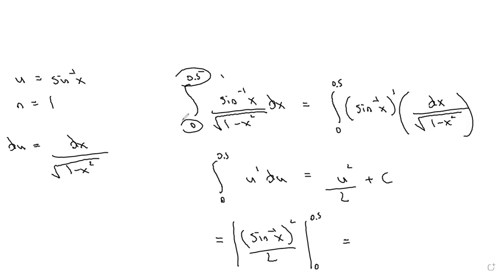Let's just write it down first of all. Let's just plug it in. So this should be sine inverse of 0.5 over 2, raised to the 2, because everything else is the same. You just plug the numbers in, like you plug 0.5 in for x. So over 2, and then minus, and then you do the same thing, except you plug in the lower bound. So that'll be minus sine inverse of 0